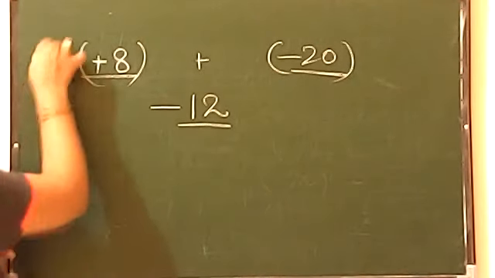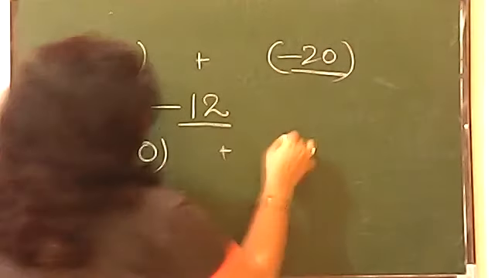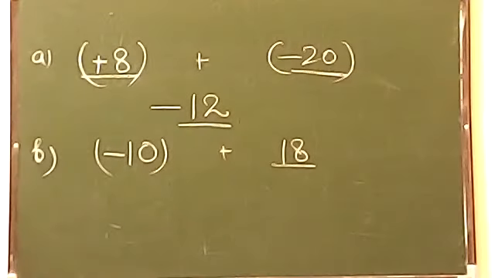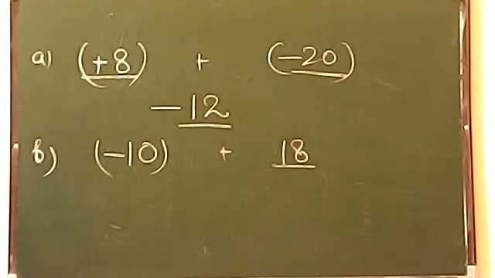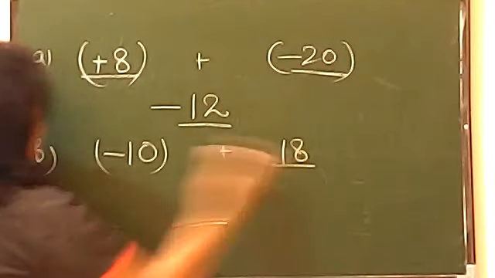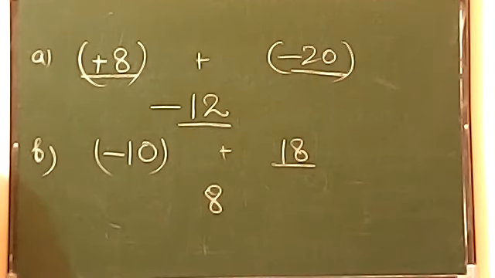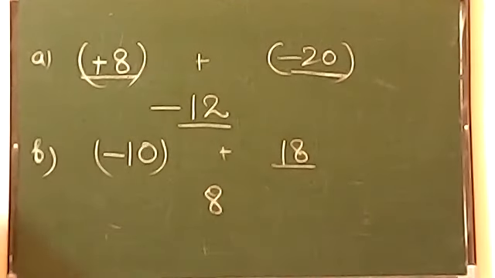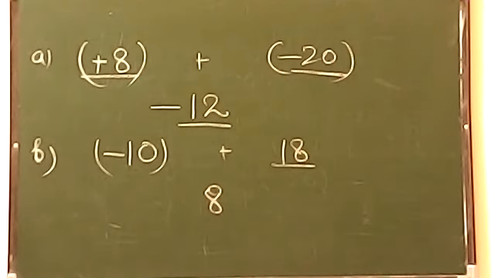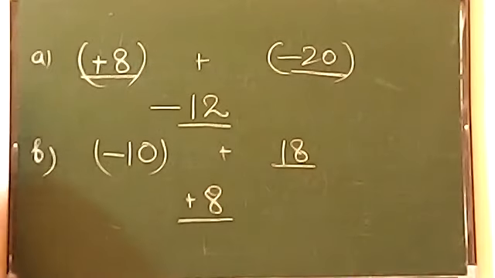Suppose I give you another question, for example, like you have -10 and you have +18. Can you tell me who will win? Jaldi batao. Who will win now here? 18 will win, correct. So what will come? Because see, this is 18, this is 10. They will subtract each other. They will fight with each other. Now they will give you the answer 8. Now who will win? 18 will win, because 18 has more number of students, I can say. So the answer will now be +8.